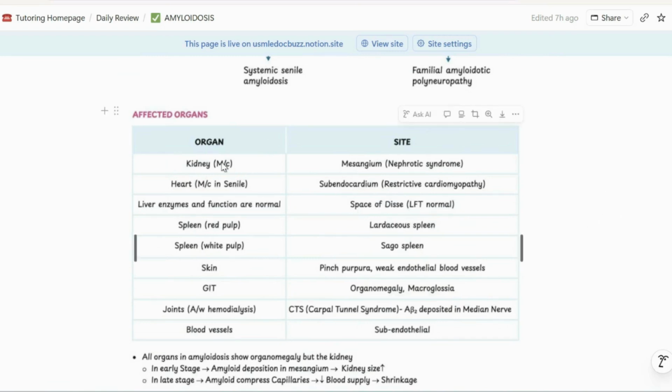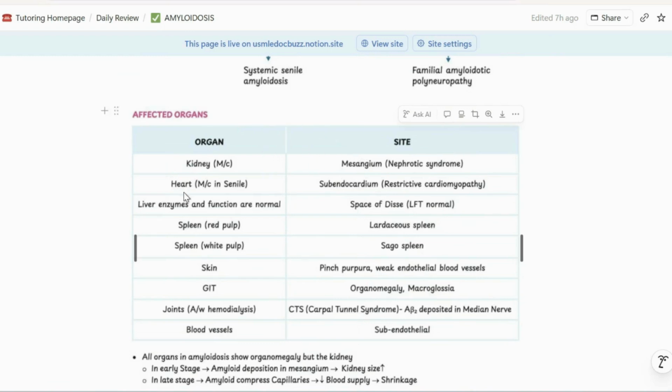Okay. Kidney is the most common place, and usually the mesangium is the place where all these depositions happen, and eventually they undergo expansion, and so it's called mesangial expansion, and eventually it leads to nephrotic type of syndrome, right? Your expectation is that the person is usually older. Usually it doesn't present in someone who's young, right? So an older person coming to you with nephrotic syndrome with no other risk factor, you may think about amyloidosis,